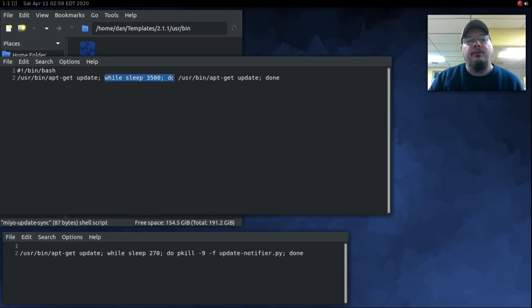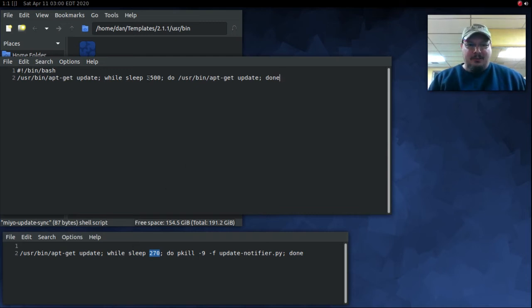Right here we are about to change this so that it'll only run when you first start up your system. Now on mine I changed that number to 270, but let's say you want to give it a little bit extra time. I mean, you never know. Something might happen, you might get distracted. There might be a bear outside your window and you want to go look at that bear. So you can change that to whatever you really want it to be,